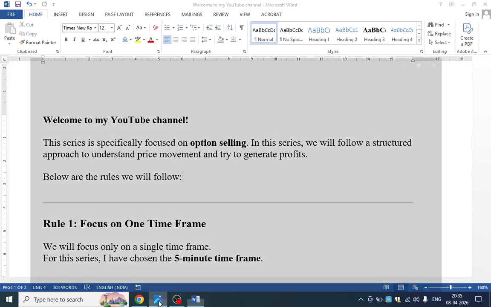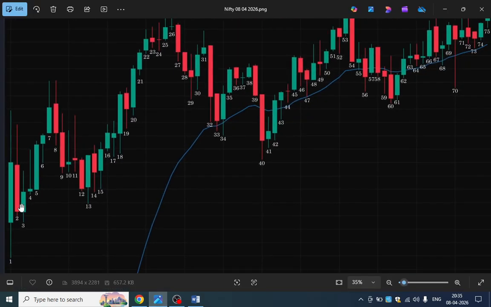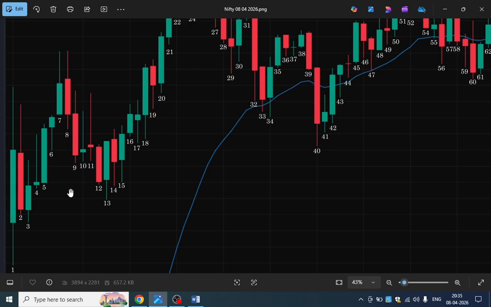Each bar I take into consideration, and I try to study its behavior patterns with respect to the previous bar, and I try to judge in which direction the price is trying to move. Each and every bar tells us a story, and with that information we will try to understand how the price movement is going to be. We will try to judge it, and I will share all my contract notes and all the trades I have done on this day.